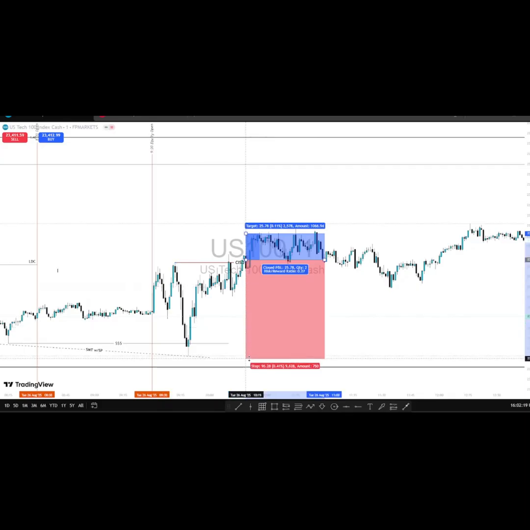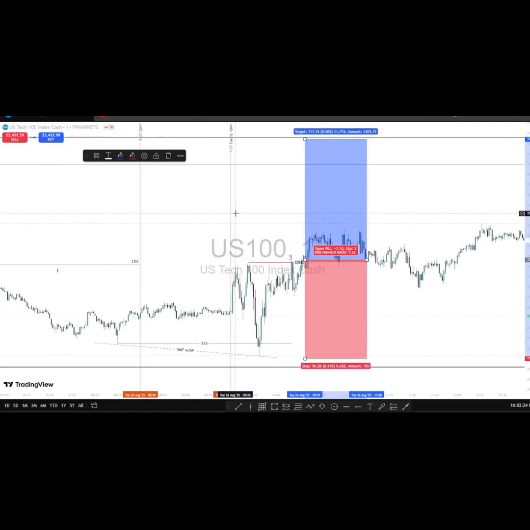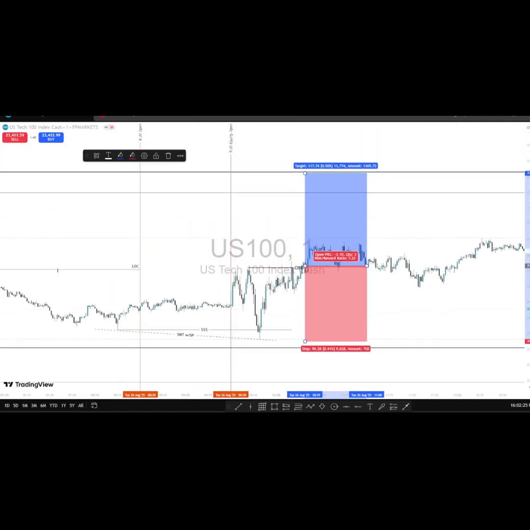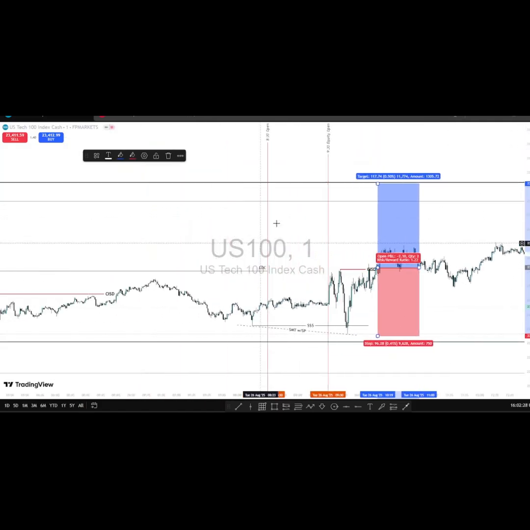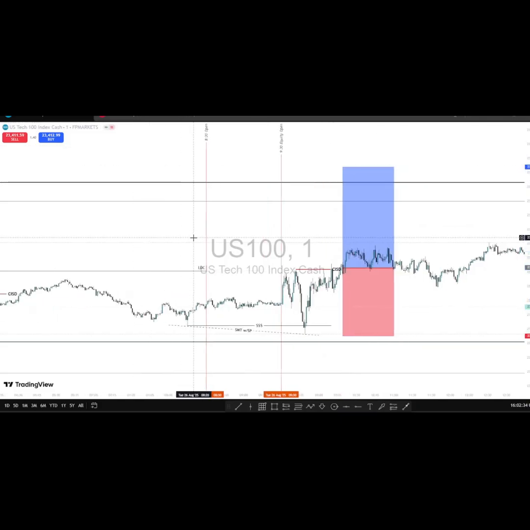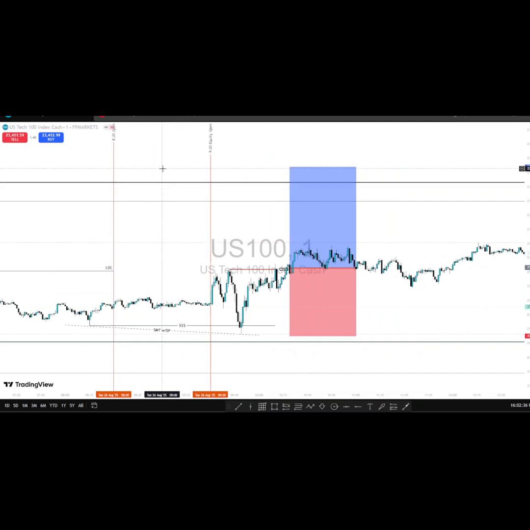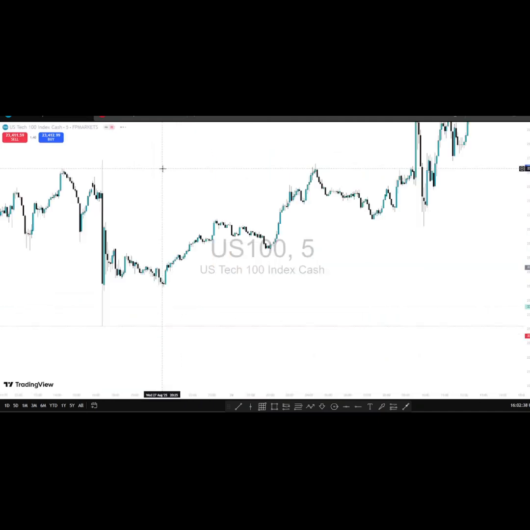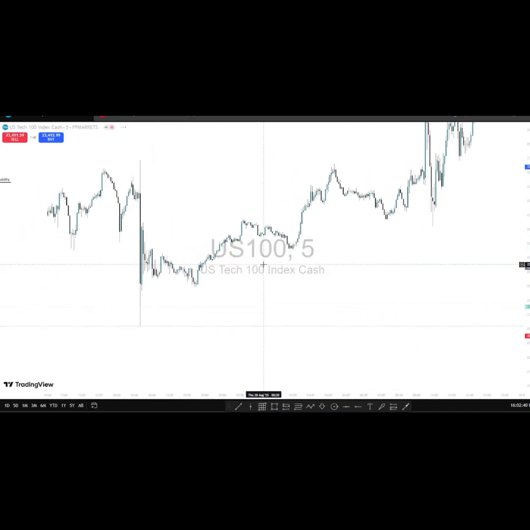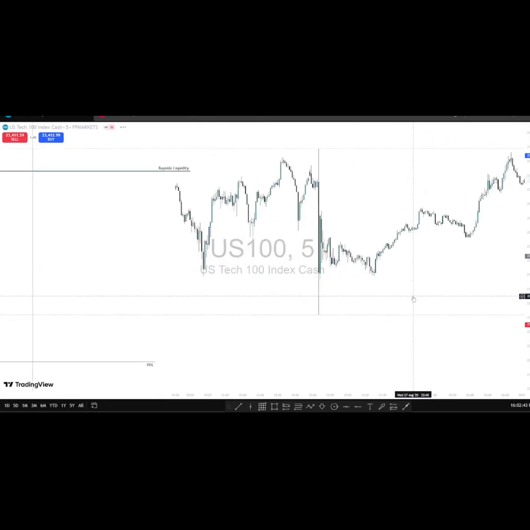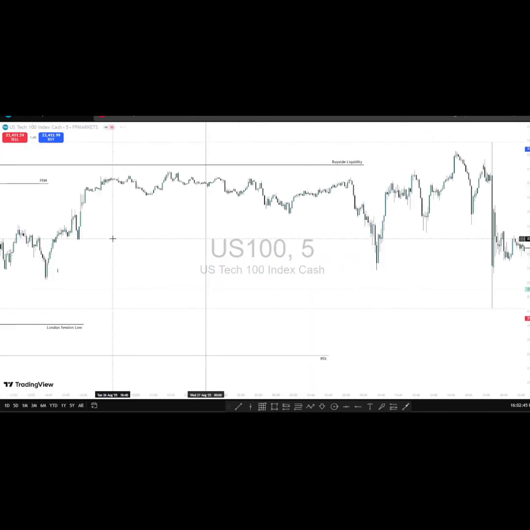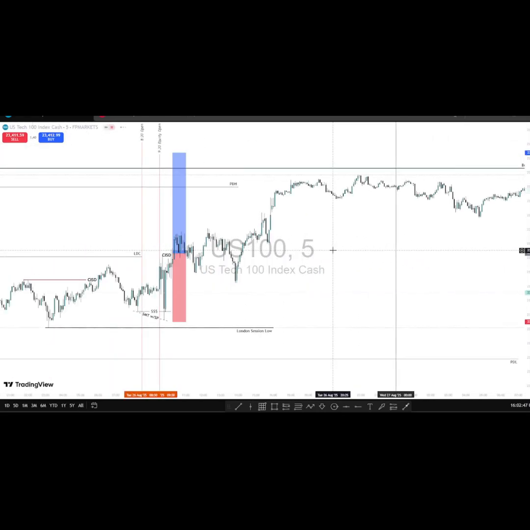My stops were that low, while I was targeting, remember, the previous day high, and I also had the buy side liquidity. We can go to the 5 minute for a better view, since you have already seen how I took that entry. Now I can go back and show you